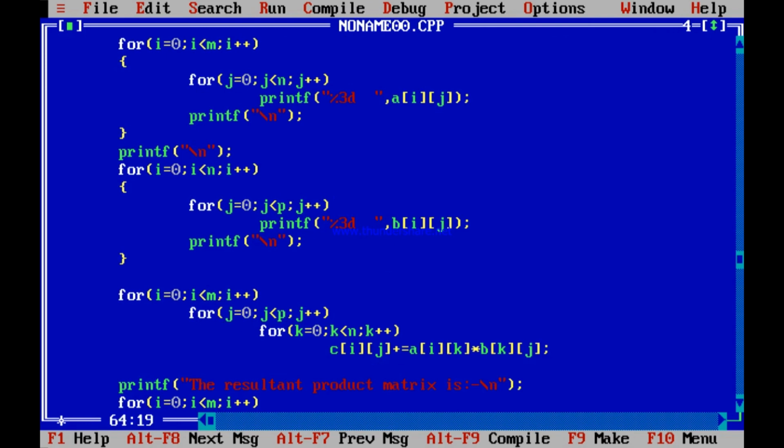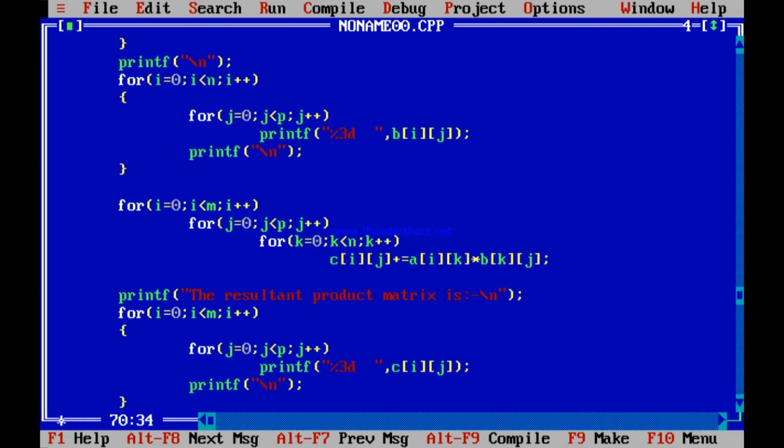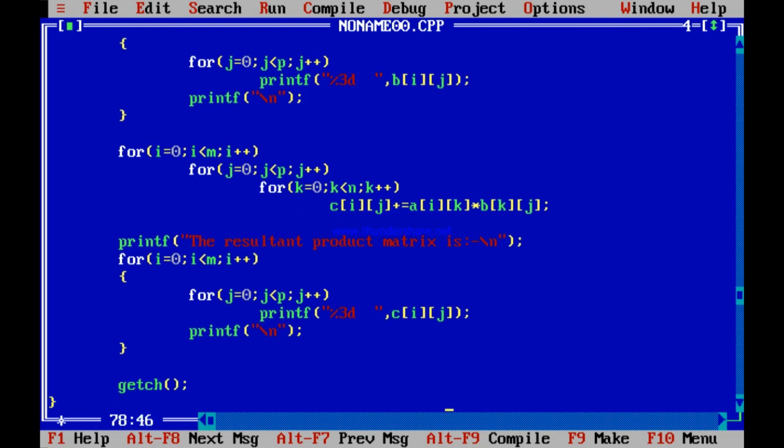So C is M cross P. So the outer two loops are M cross P for M cross P. And then you are multiplying the rows and the columns. So for N, which is same, number of columns of A and number of rows of B. The resultant product matrix is M cross P. So when you are printing C, you are varying from M cross P and printing all the values of C.